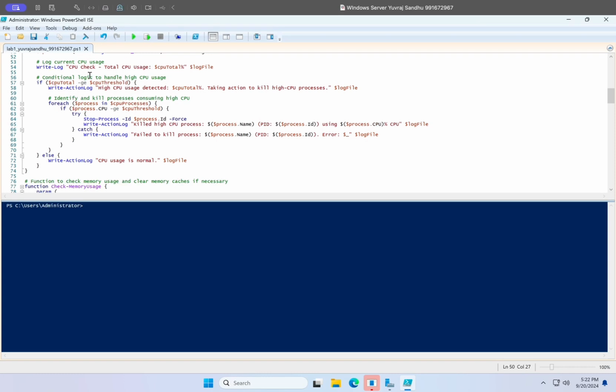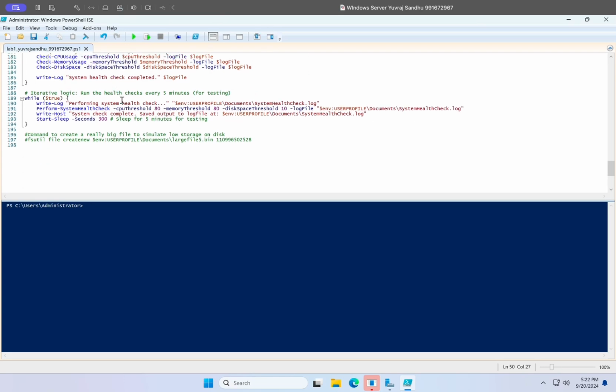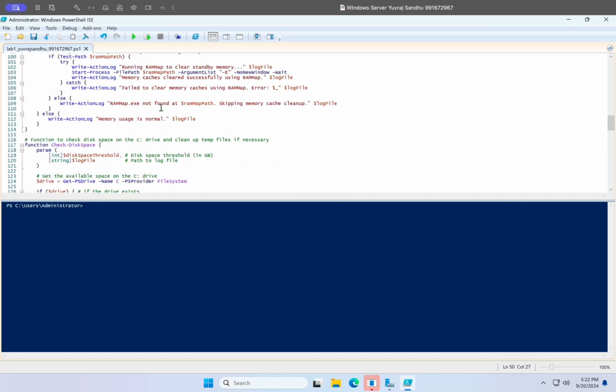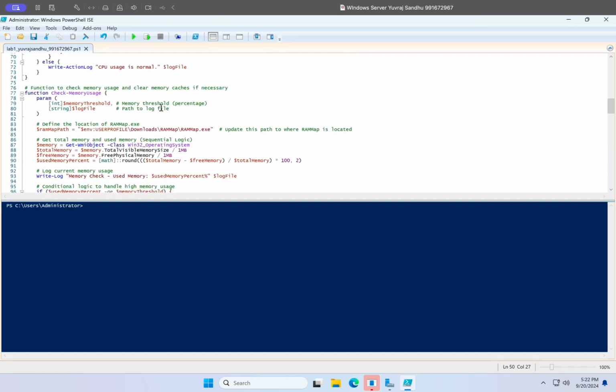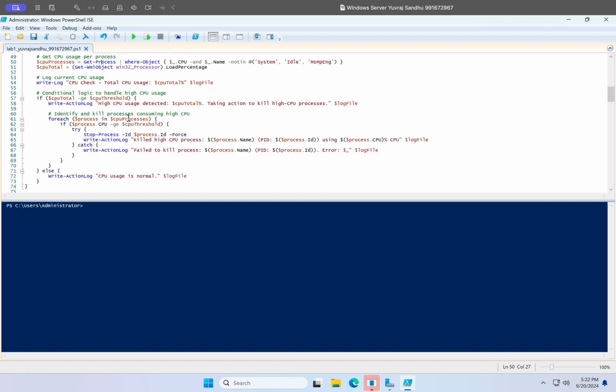And then for our conditional logic, which is our if statement: if this total CPU is greater than the CPU threshold that we define, for example 80%, then it'll write the high CPU usage detected to the log file, and then it will use the for loop, which is our iterative logic. It's kind of similar to Python, where it'll check in the CPU process's